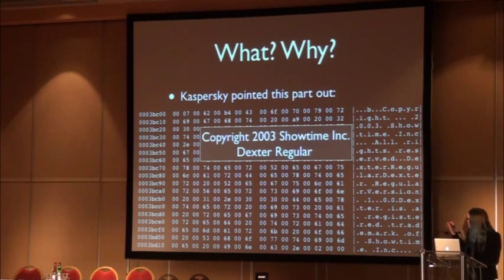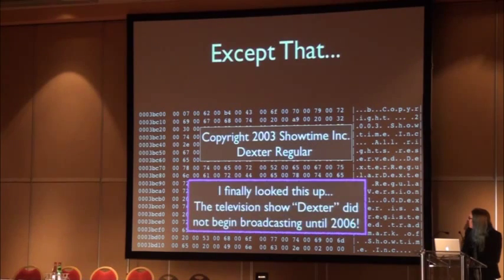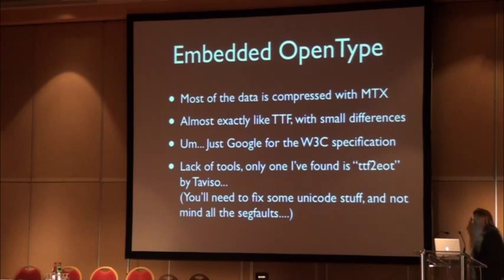The odd thing about this, though, is I actually went and looked up, so Dexter's like a television show, which I've never seen, but I looked it up, and apparently the show didn't actually begin broadcasting until 2006. And so I don't know why it says 2003 there. It seems like an anachronism. And I don't know if this table is just here to confuse people or what. In any case, there's a bunch of that stuff in this font, actually. So, by the way, I'm using the actual exploit for the font example I've been going through so far.